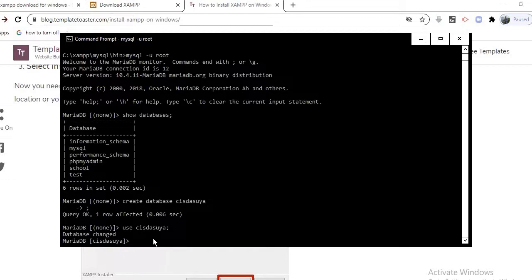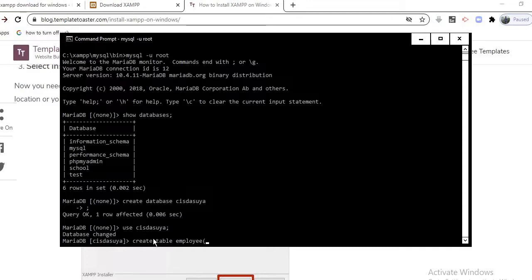So the command for that we discussed earlier also: create table, then the table name, let's say the name of the table is employee, and then to have the attributes.